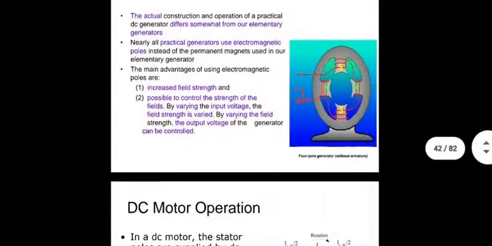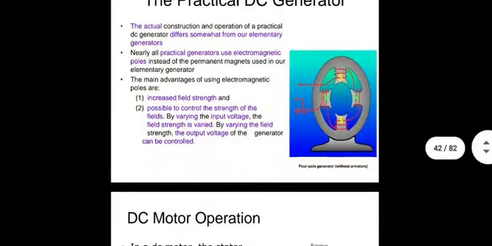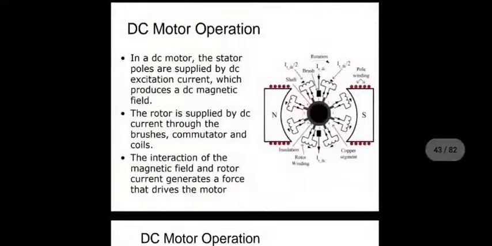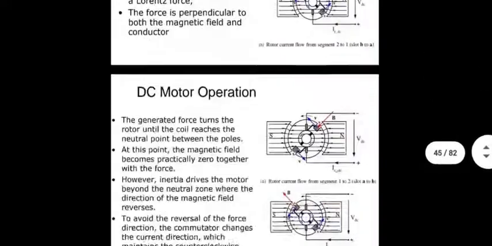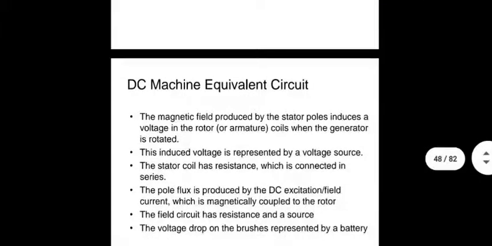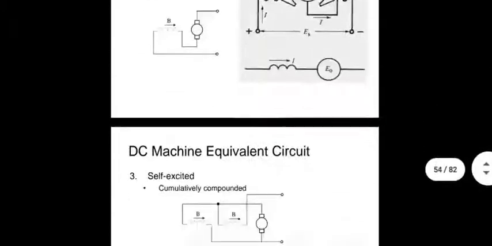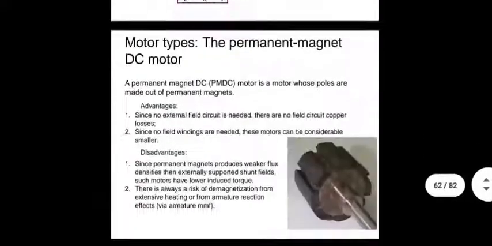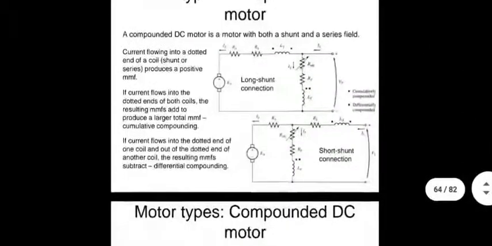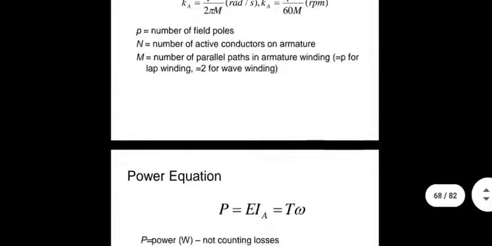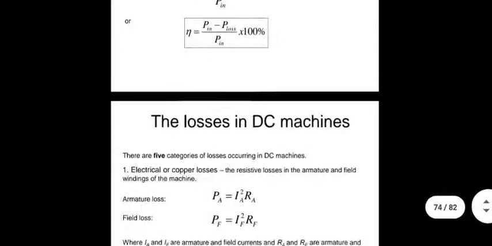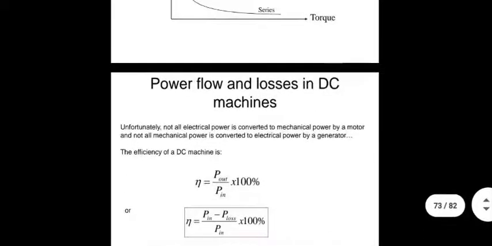Now, this is essentially a conceptual diagram on the right hand side here. 4 poles and in between rotating conductors. Motor is the opposite, and I'm not going to talk too much about it right now because we'll be talking about motor separately first. Equivalent circuit, etc. I have shown you already in my notes, so let me rush through this. For separately excited case, for shunt excited case, for series excited case, for compound wound excited case, the equivalent circuits are different. And their analysis is not difficult at all.